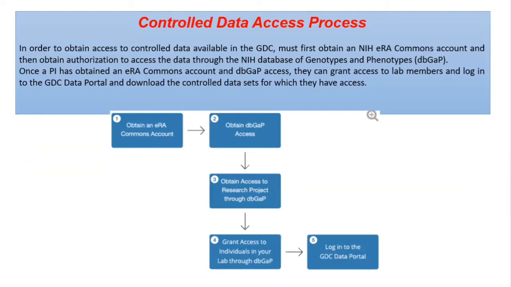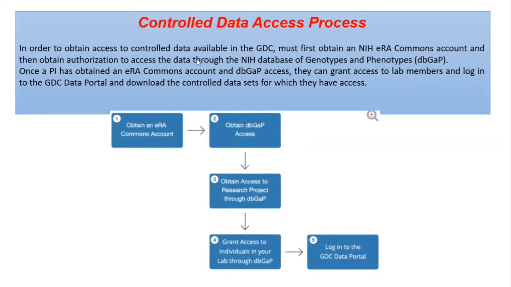So how we can log in, how we can create those accounts so that we can get access to those data sets. For downloading the controlled access data, we have to create our account by obtaining an NIH eRA Commons account. We have to create this account. After creating this particular account, we will get the access, I think it requires a minimum of 1 month to get the access with respect to the particular account.